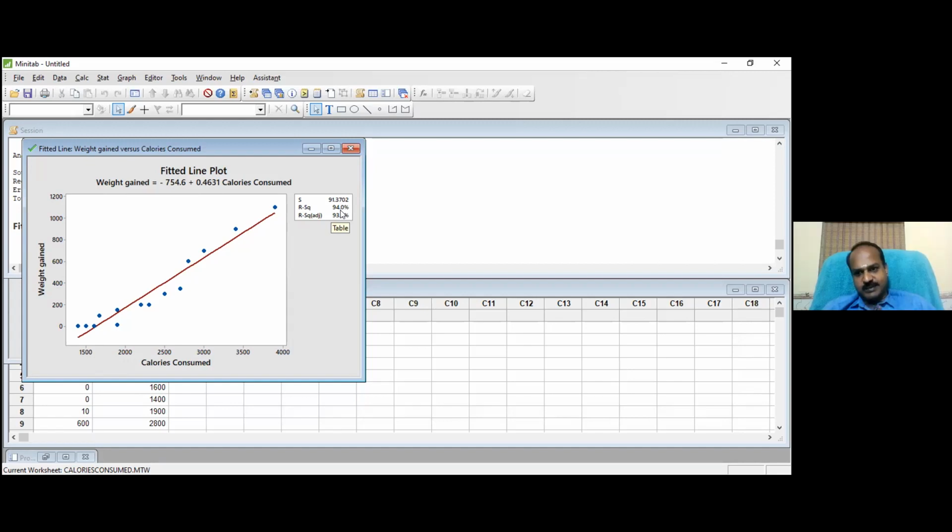Coefficient of determination. In any regression analysis, R square is very important. You can use the regression equation for your analysis only when the R square value is more than 80%. If it is less than 80%, your regression is not a proper fit. You have to see that R square is always more than 80%. If it is close to 100%, that is a great regression.